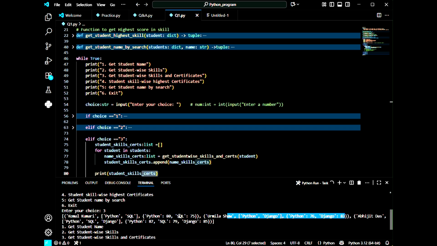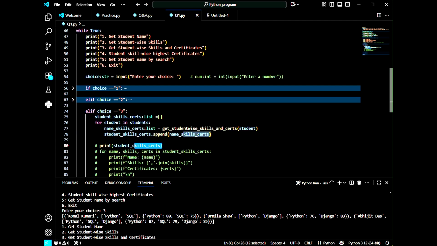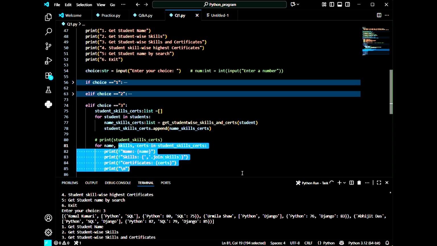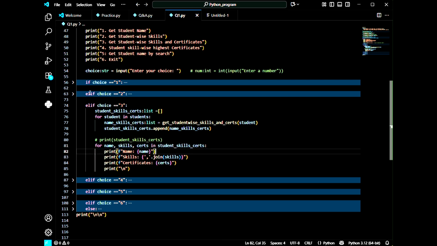You can see, but it is not looking nice. We need the output in a good, presentational way. So we are not going to print this student_skills_search. We will print these. As we have already seen for choice number 2,